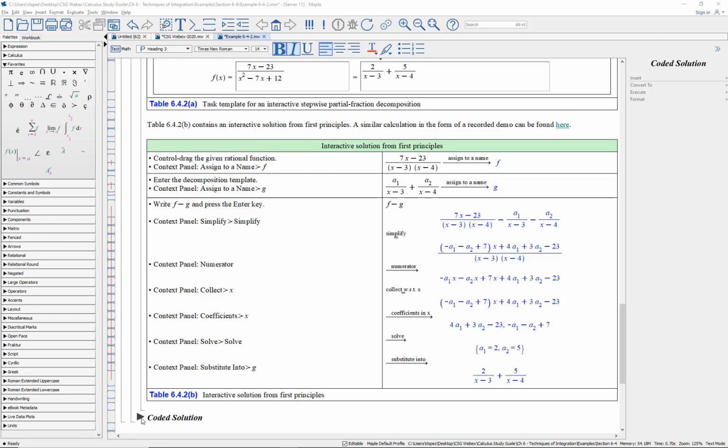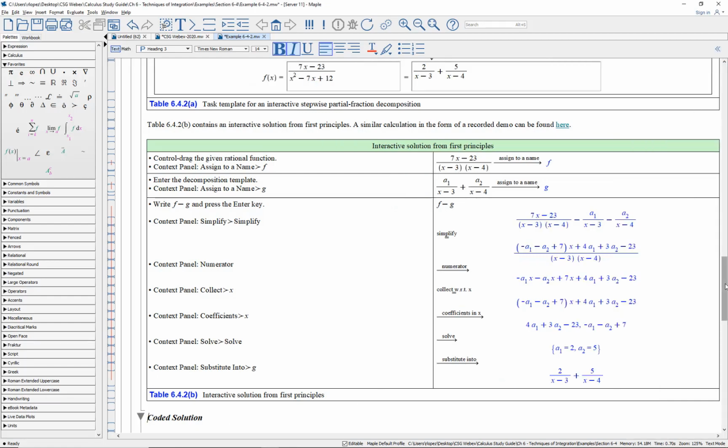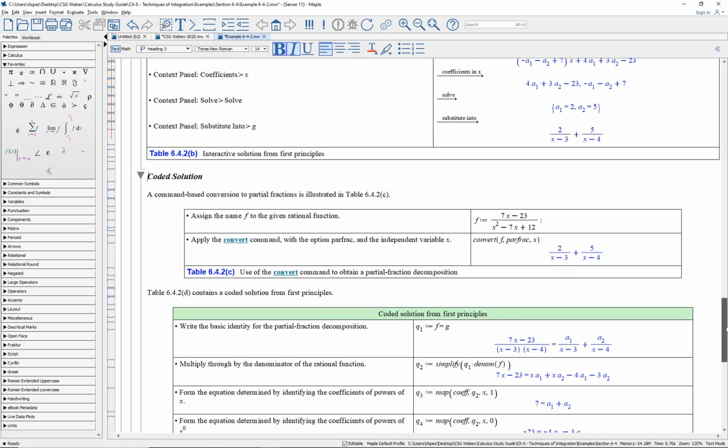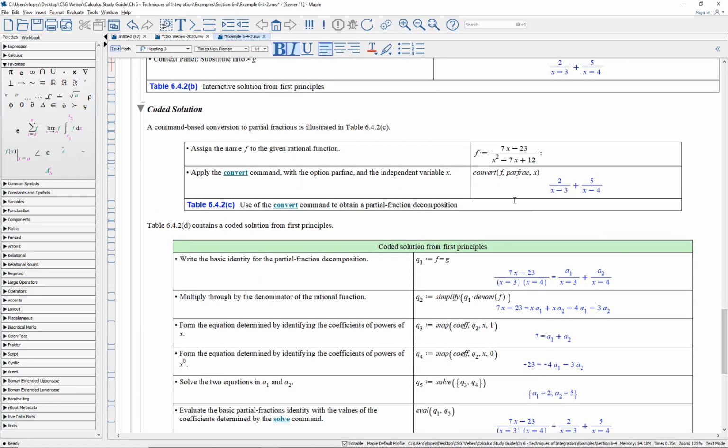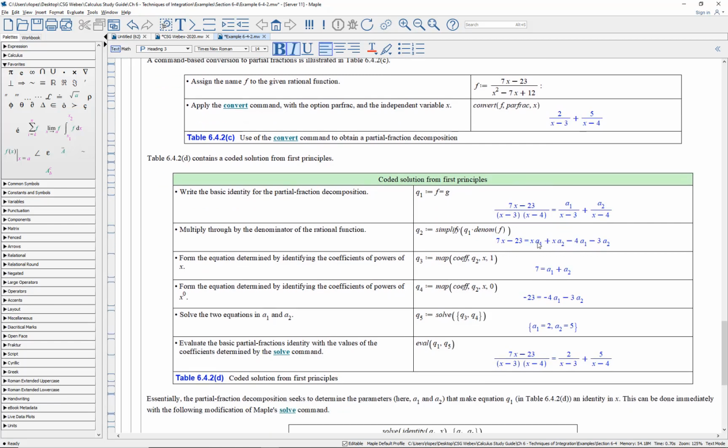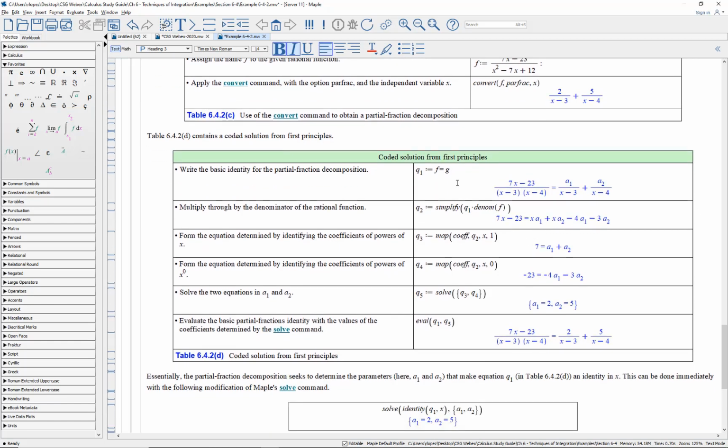For this problem, there's even a coded solution, which is a solution built from Maple commands for those who might want to master the commands. So here is the assignment operator, where we assign the rational function the name f. And the command is convert to partial fractions. Variable is x. To do it from first principles, write the equation f equals g,